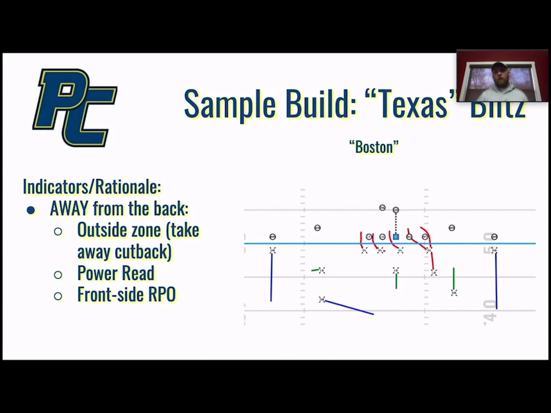But this would be one of the bigger ones, guys, and the reasons why you use it in terms of RPO game. This is what you're seeing, is that if you are slanting away from the back, in theory, right, the blitz is coming away from the back, so slanting to the back, I should say. Okay, whenever we're slanting to the back, in theory, you're pushing that front side backer out of that fit,